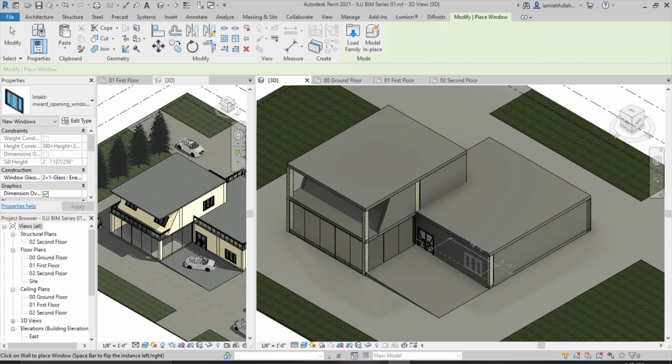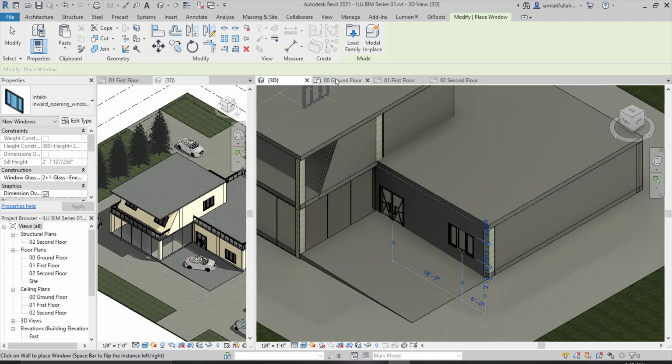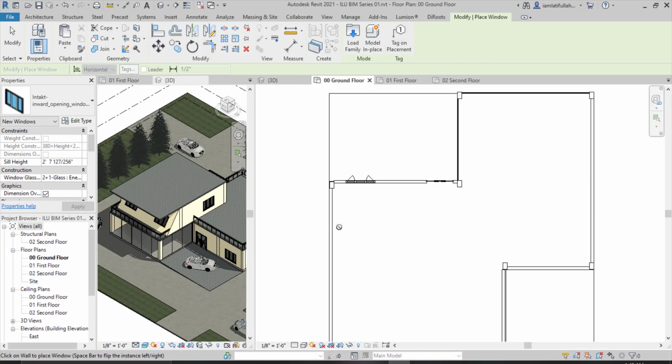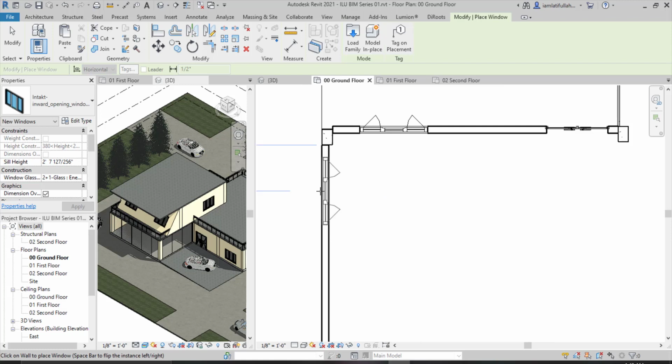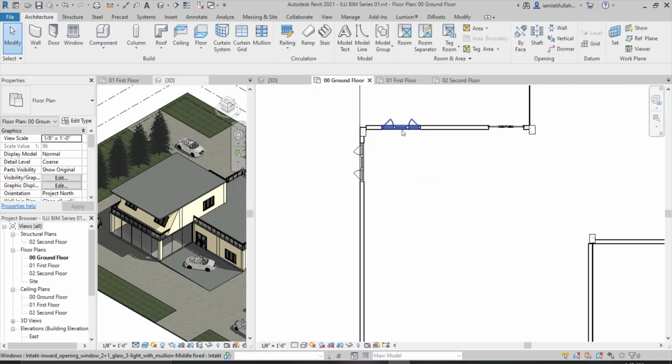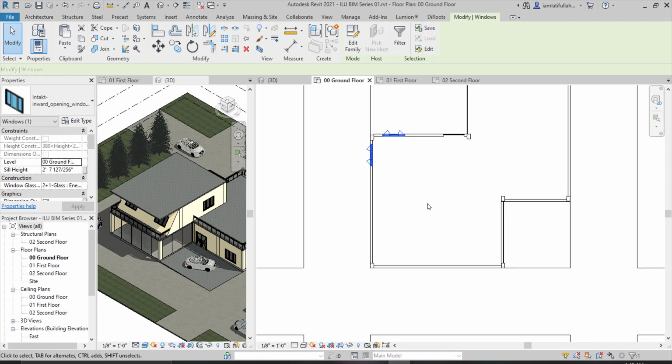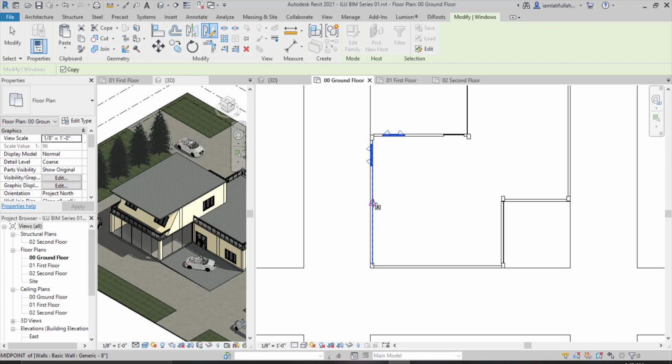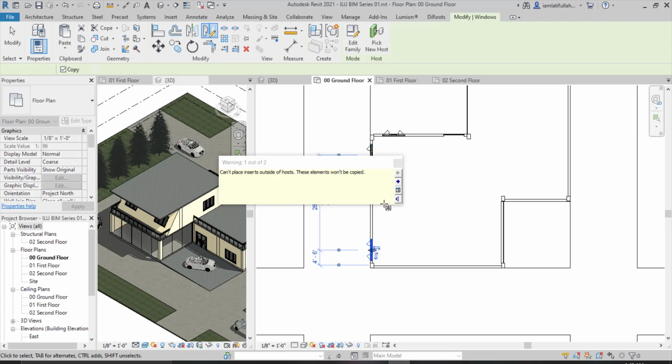So I can add these windows like this too. If I add it like here, it will be added directly on this wall. And if I go back to the ground floor and select like this, the window will be placed here too. So if you go back to 3D, you can see it is placed like this. You can just mirror these windows just by clicking them. Click on the mirror axis and then select the center line, and it will be mirror again around this line